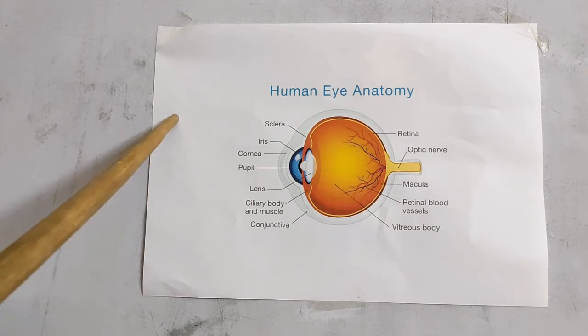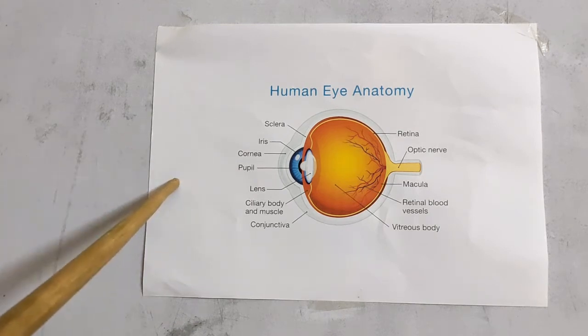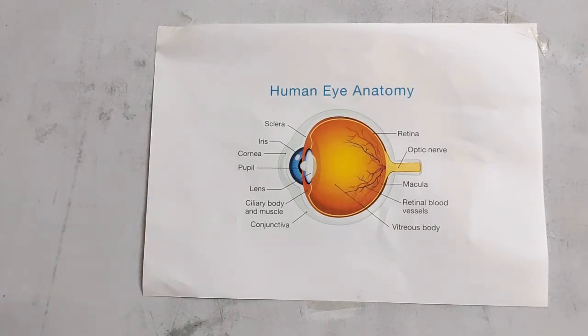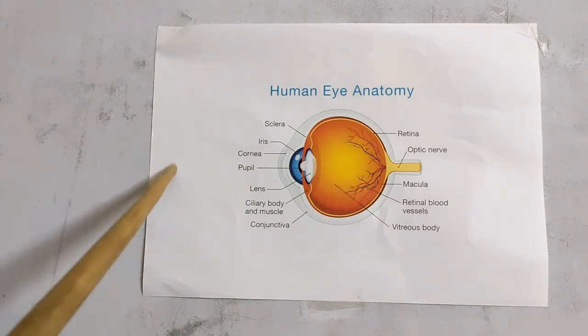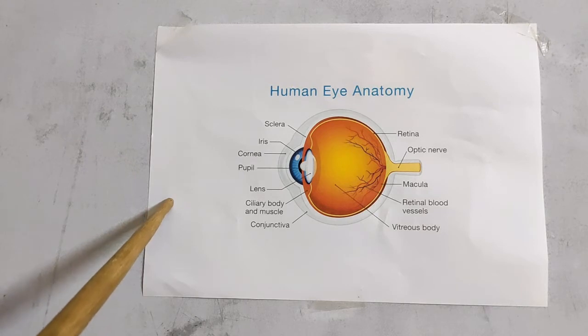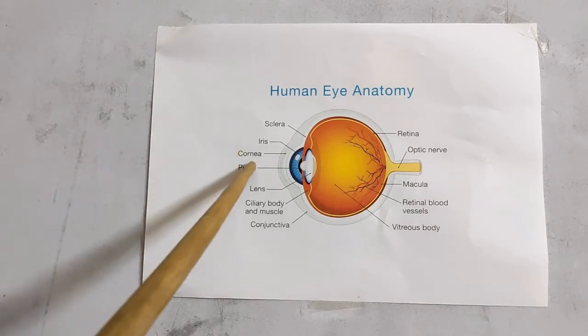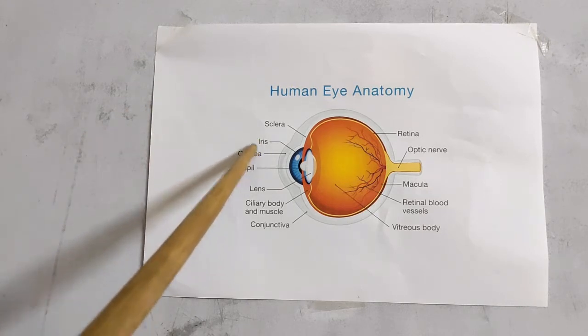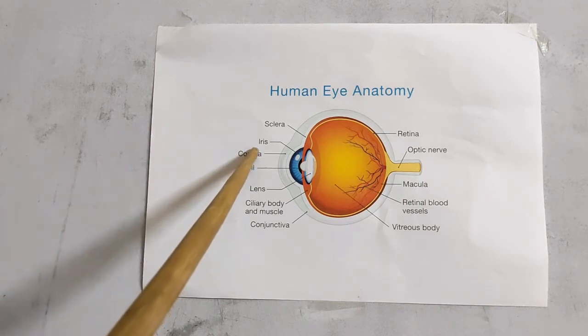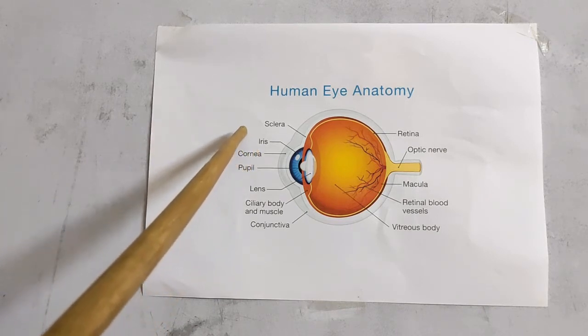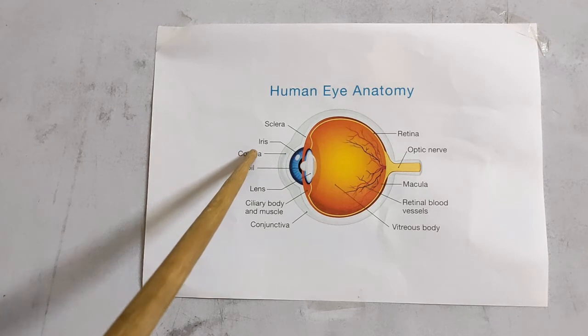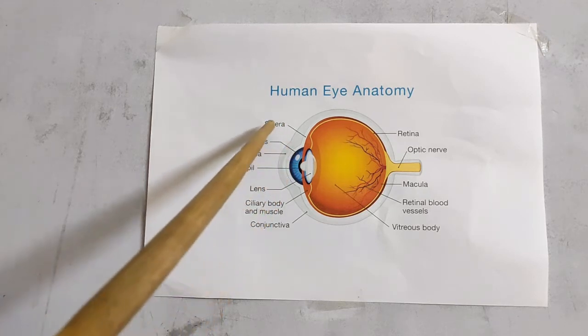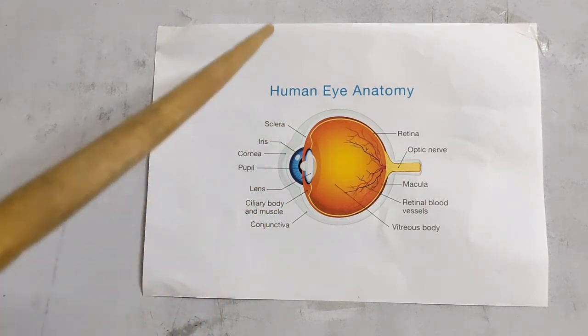Now imagine that there is an object here. Suppose a question is asked to you: how do eyes capture images, or how do we see things? Explain. So what do you do here? The light falls on the cornea, which refracts 95% of the light and sends it inside, which is further controlled by the iris.